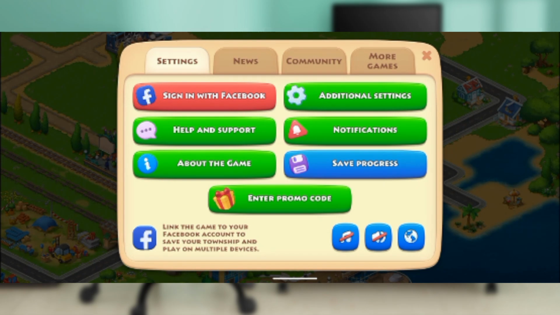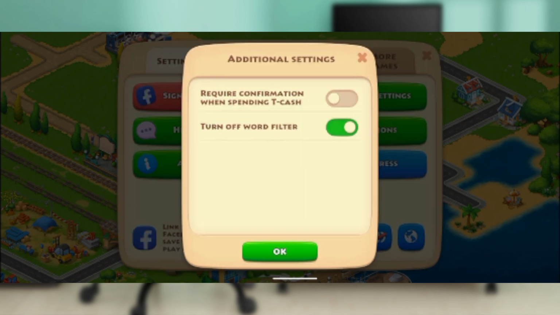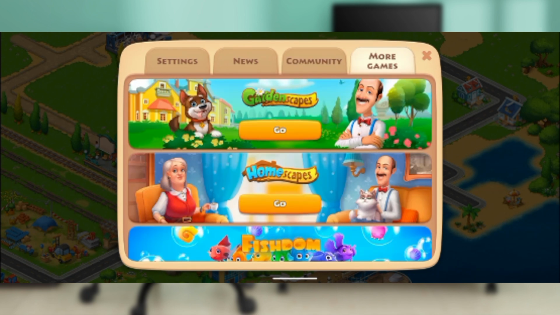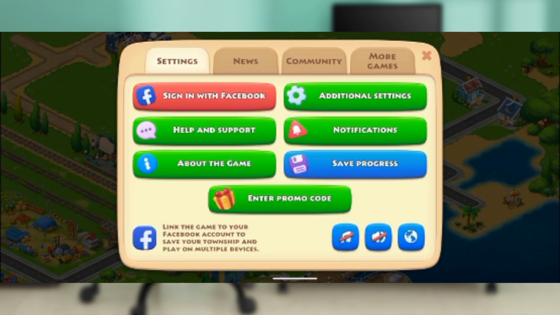Under the settings where you have your social accounts, you have the sign in with Facebook, and then you have save progress. So you can just go ahead and click on it. I'm clicking on additional settings and news, community, more games. All right, settings,